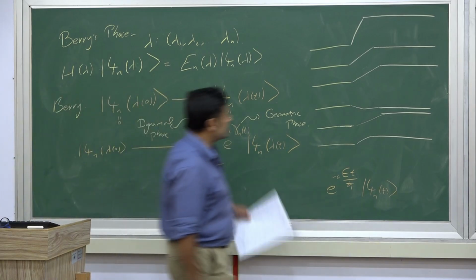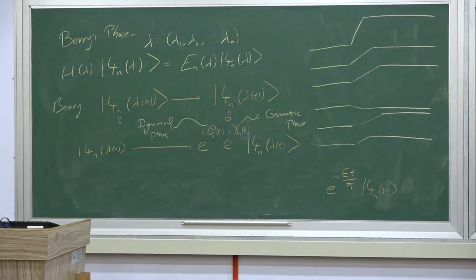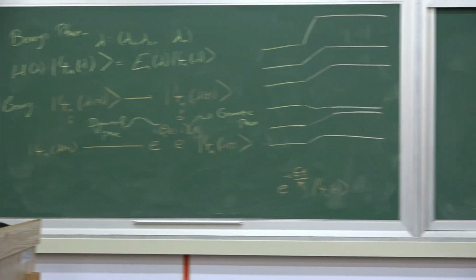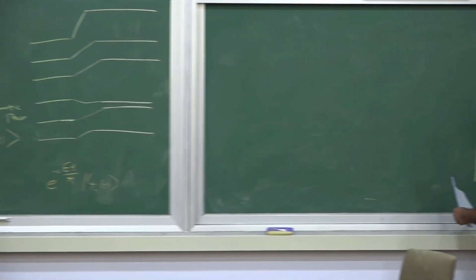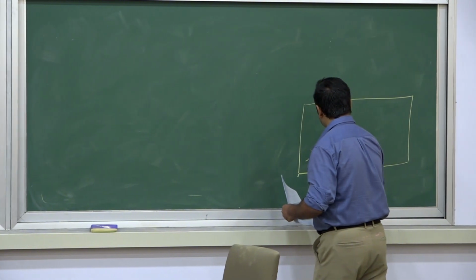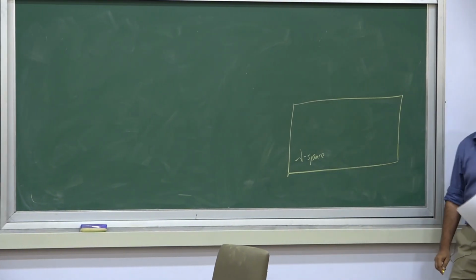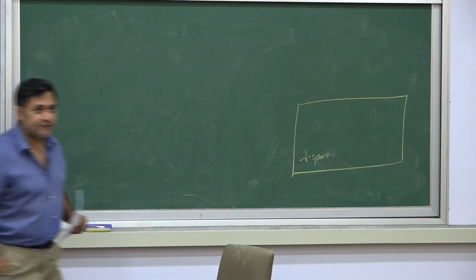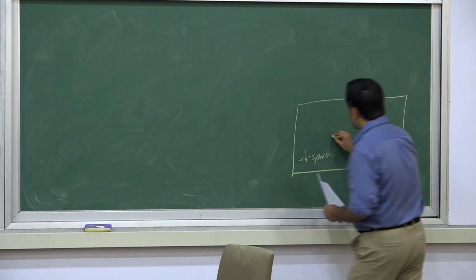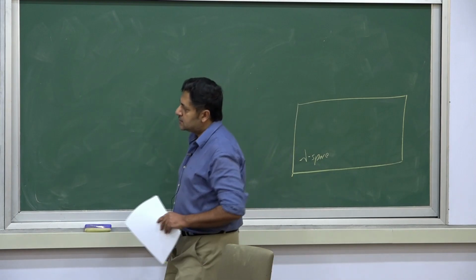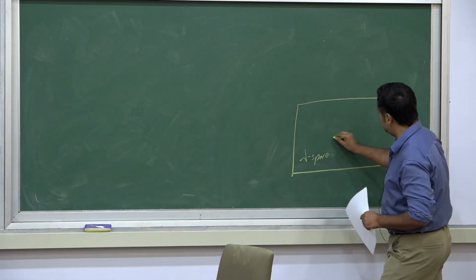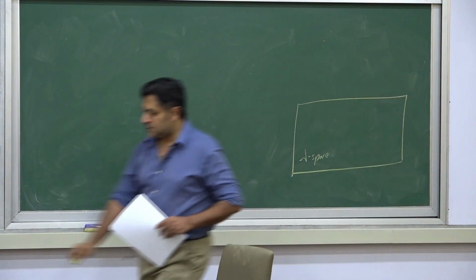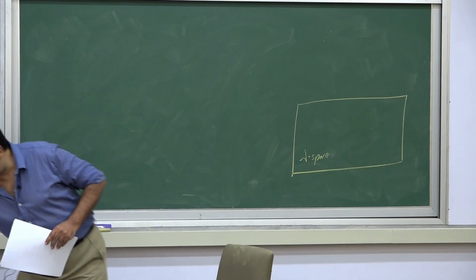So in what sense is this geometric? Suppose this is the lambda space of your parameters. What Berry found, with this splitting which he came up with, is that